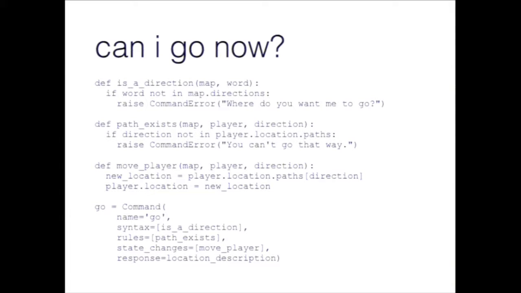It's also a very look before you leap philosophy. My intention here is that if you type go wand, then the is a direction helper method will crash. And that's not usually my style. I'm much more a forgiveness before permission. But in this particular case, I want to have extremely tight control over my error messages. So raising with specific messages lets me easily make the game respond with different errors depending on what's wrong.